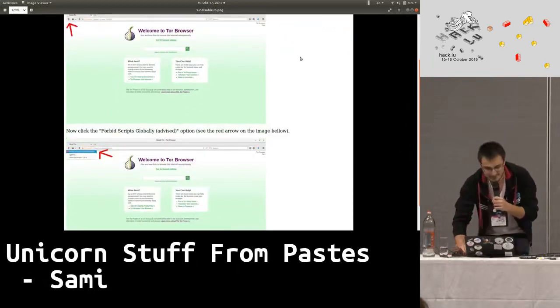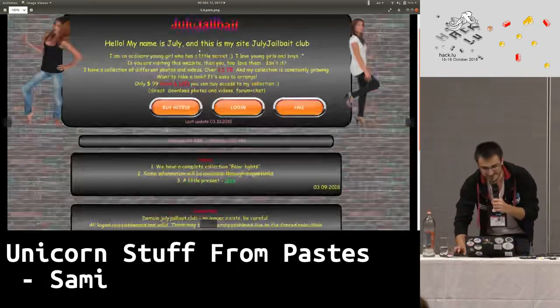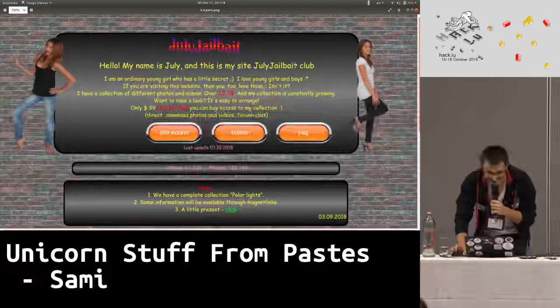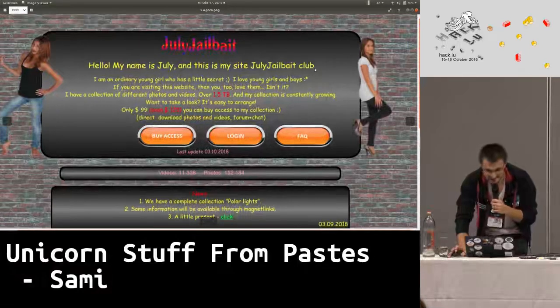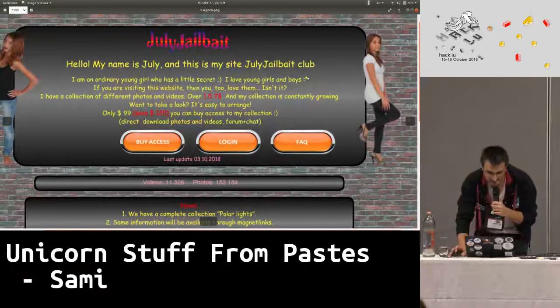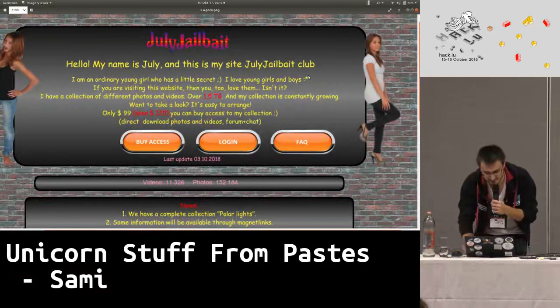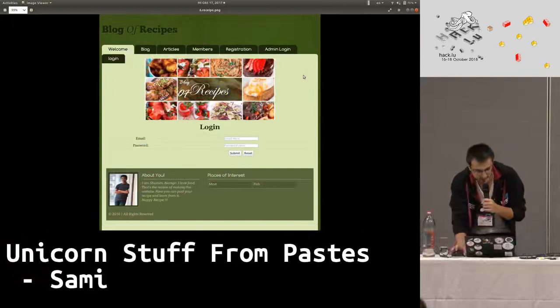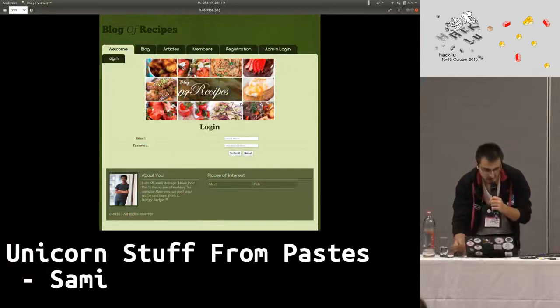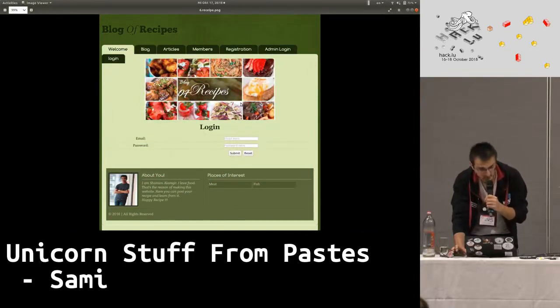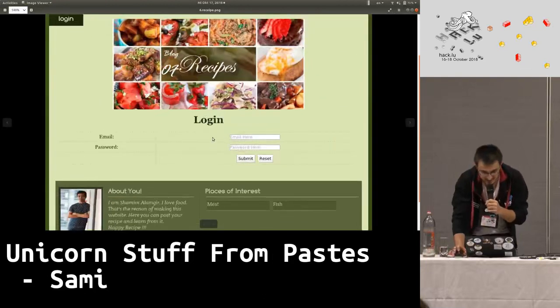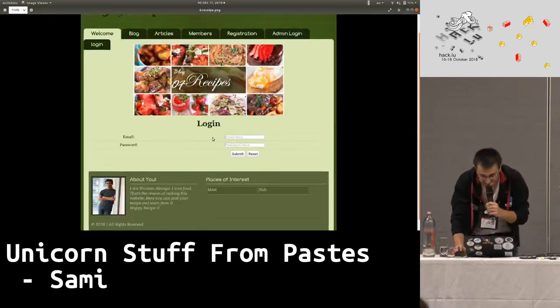And this kind of website usually hosts things that are not good: jailbait and child sexual abuse material. I suppose they protect the user from being detected through JavaScript, but I don't know why they would do that. This is really awful. A guy just posted a blog of recipes on the hidden services, not available on the index web, and it's full of recipes. Perhaps there is something behind this, but who knows?